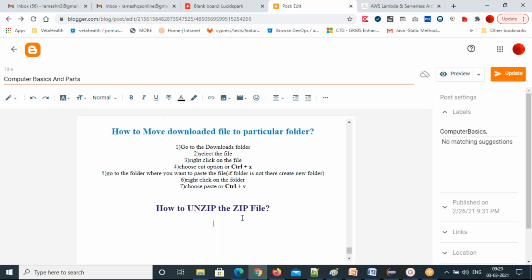The first step, the precondition, is that you should have the zip file in your folder.